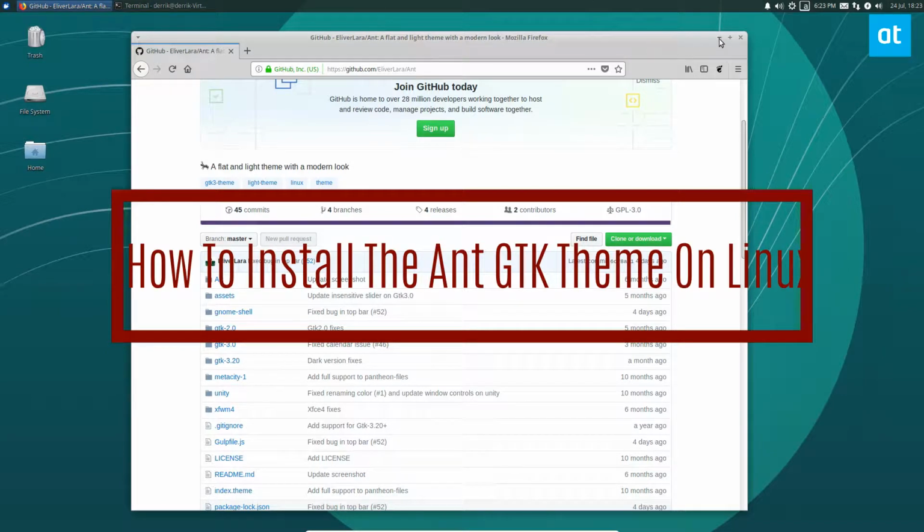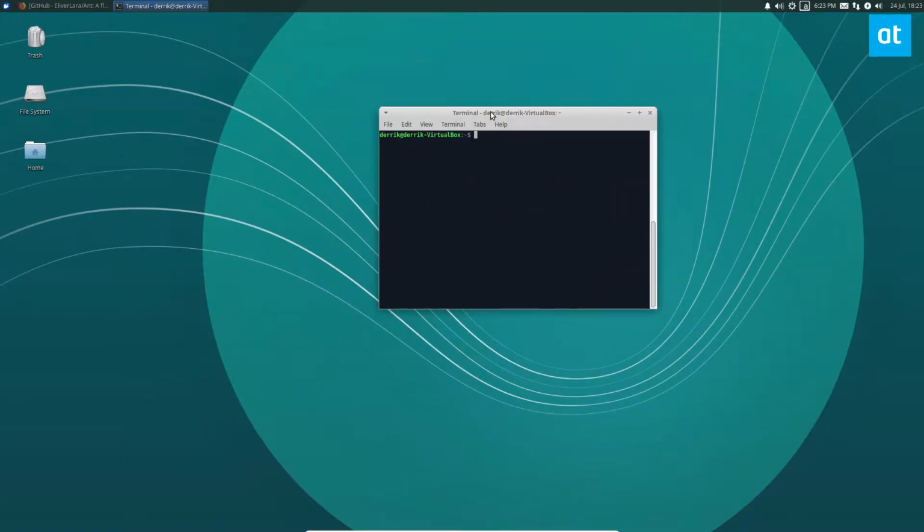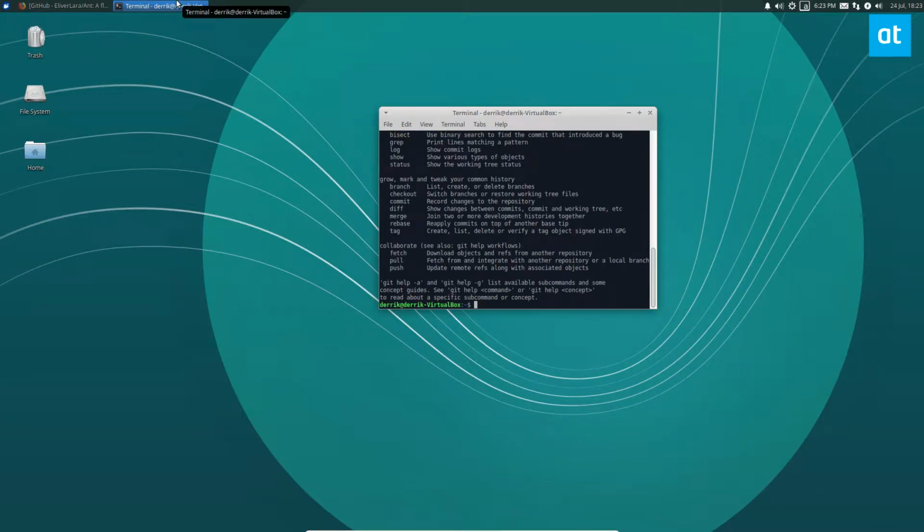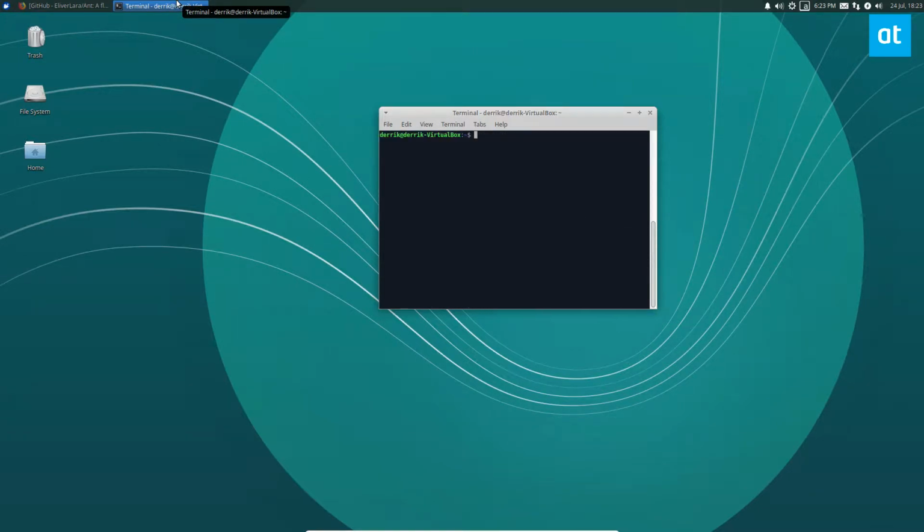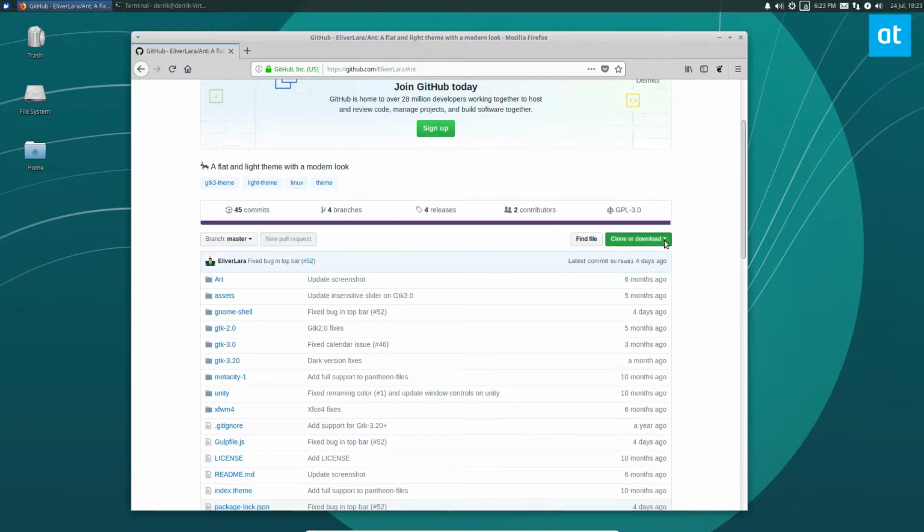theme. So to get started, you're going to need a terminal open and you're going to need to install Git. Now, what you should do once you get Git installed is just CD into /usr/share/themes. So once you're there, you can go to the GitHub page and all of this info will be in the link below, but copy the GitHub